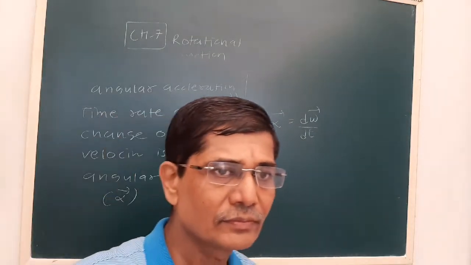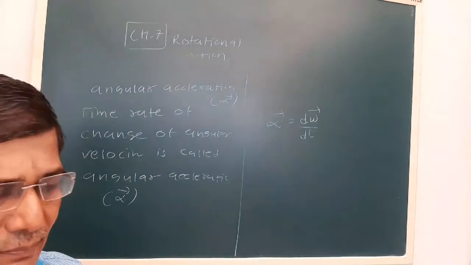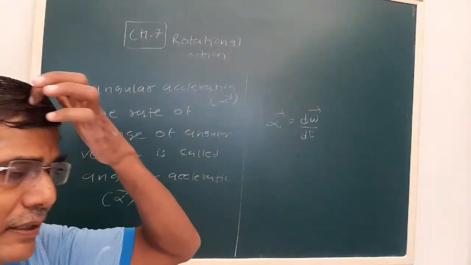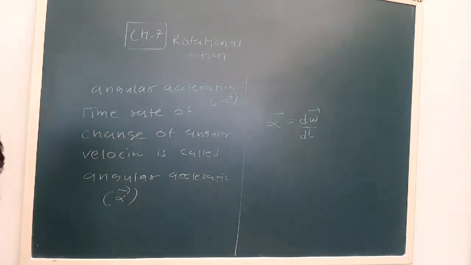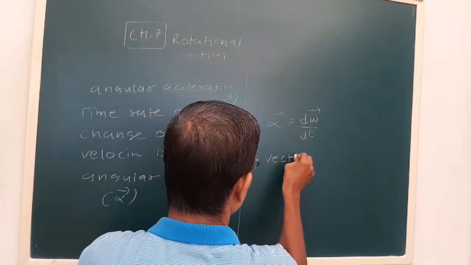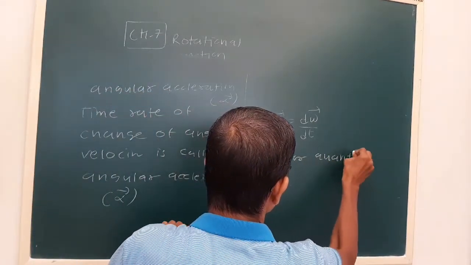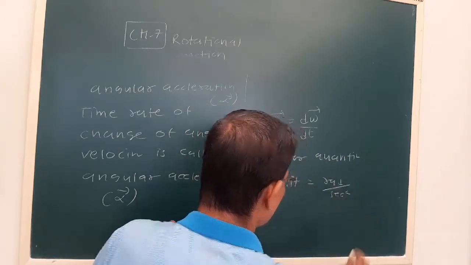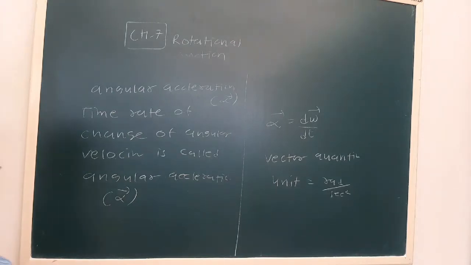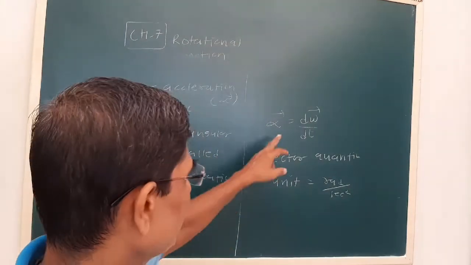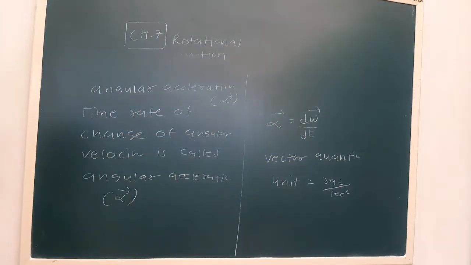omega and delta omega will be in the same direction. So in that case, the direction of alpha will be in direction of omega. So this is about the angular acceleration alpha. It is a vector quantity. Unit will be radian per second square. And because it is a vector quantity, we should know about the direction also. So in case of fixed axis of rotation, alpha will be in direction of omega. Okay, so this is about the angular acceleration alpha.